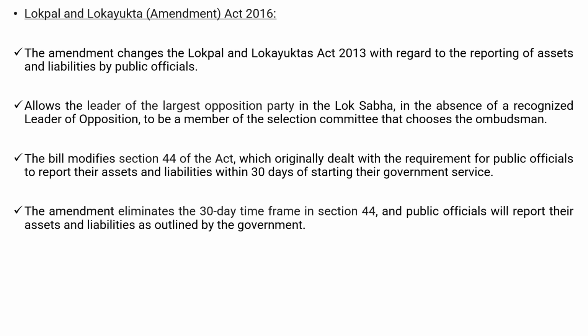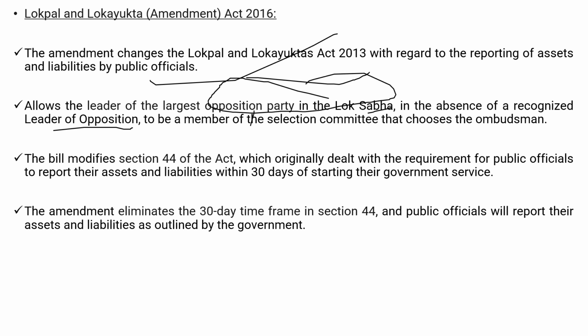So amendment এখন আহিছিল 2016 ত, এটো চাই ল'ব. This amendment changes this act, Lokpal and Lokayukta Act, with regard to the reporting of assets and liabilities by public officials. So এটা কি কৰিলে, reporting of assets and liabilities by public officials to মানে amend কৰিছিলে. It allows the leader of the largest party of Lok Sabha, in the absence of a recognized leader of opposition. So it allows the leader of the largest opposition party, যোনটো opposition party আছে Lok Sabha, তেওঁ instead of leader of opposition, যদি absent থাকে leader of opposition, to be a member of selection committee হ'ব পাৰে বুলি কৈছে,